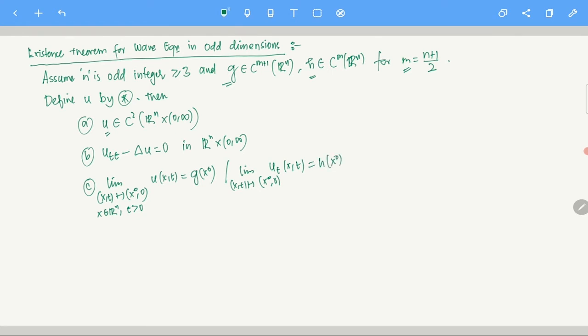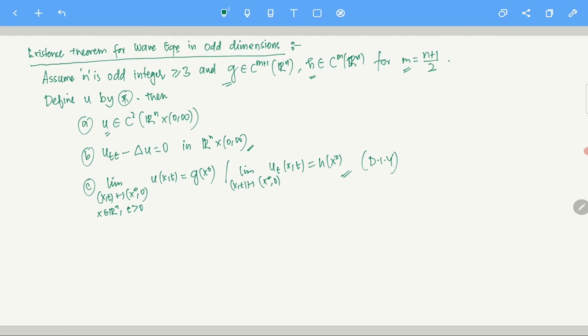Now I will actually ask you to do this, please. Verify the third part, at least the limit part. It's not very difficult to see that. You just have to verify that that limit goes to G and this limit goes to H. That's all. So please do that part yourself. I'm not going to do that part. And of course, this is also not a very difficult thing to do. The second part, the first we have to check, but let's see what we can do. So basically, the limit part you have to do it yourself. Please check this part.